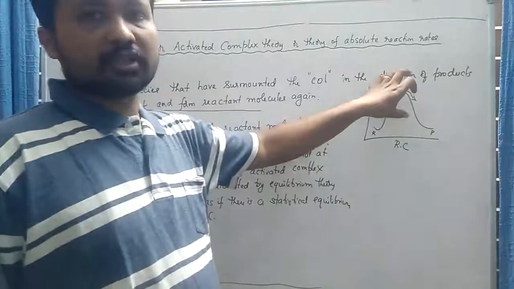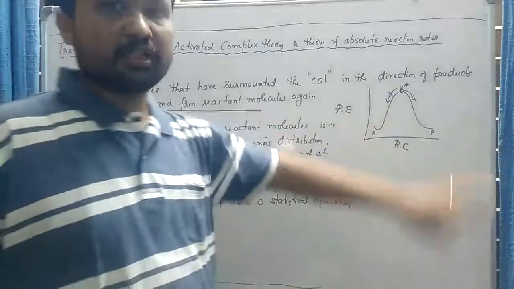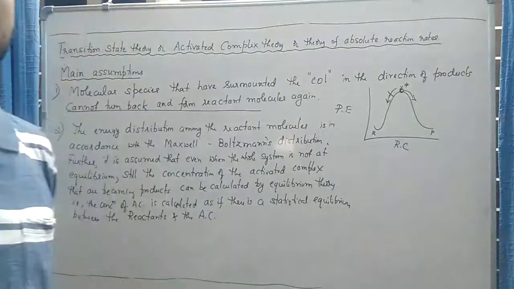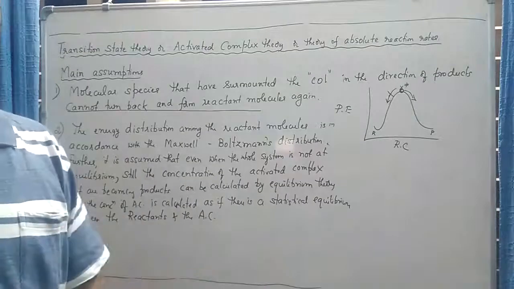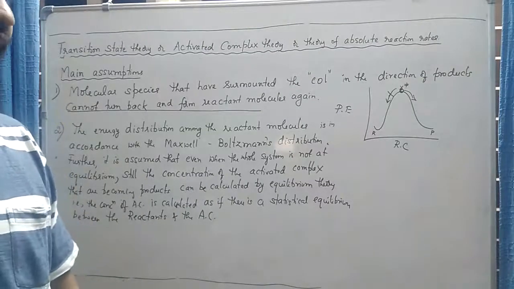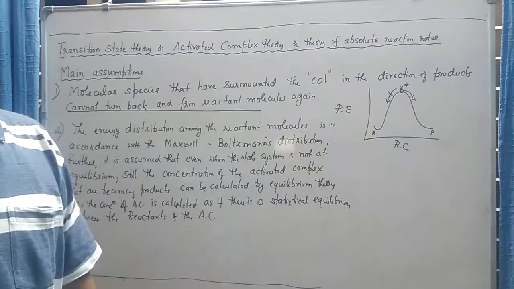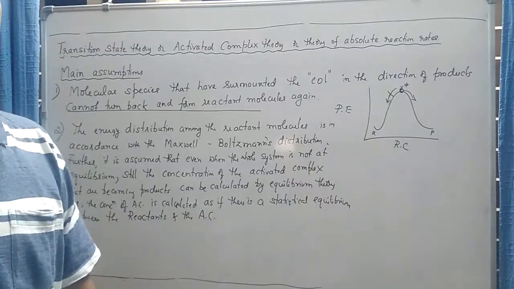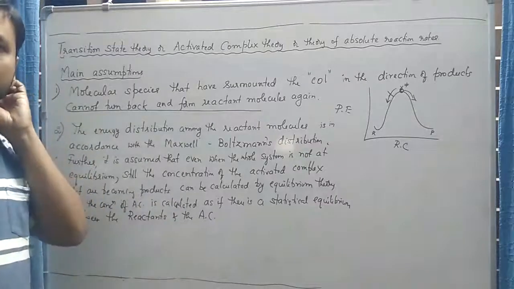So greater the concentration of the activated complex means greater would be the chance of formation of product, which means greater should be the rate of the reaction. So the determination of the concentration of activated complex is a very important exercise in transition state theory. How to calculate the concentration of activated complex is given by the second postulate,